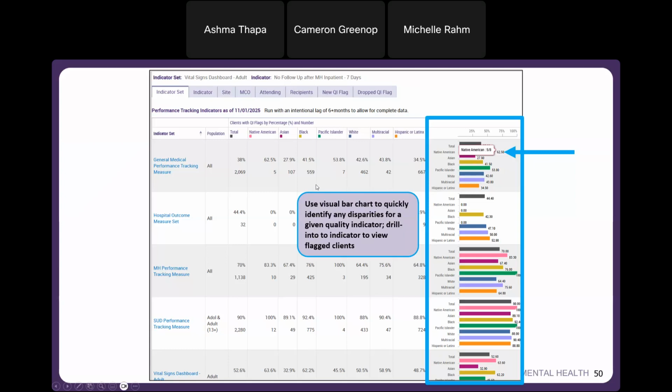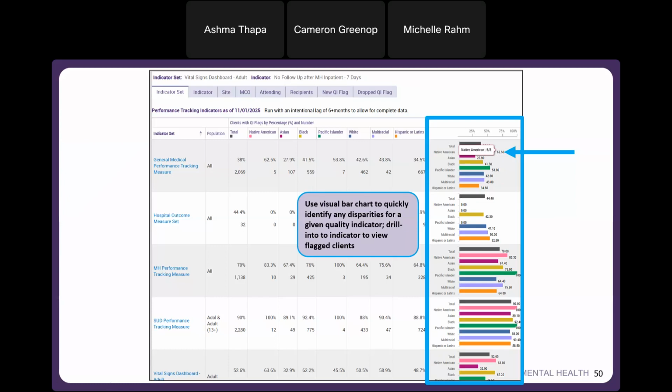And you also have the option to export the race and ethnicity view to a PDF or Excel format, and it's going to show you the same information. I also wanted to point out this graph. When you hover over these numbers, it will actually show you the exact breakdown of how these percentages were calculated. You can hover over any of these graphs and it's going to show you additional information. So that is our race and ethnicity view that we have in our QI reports.